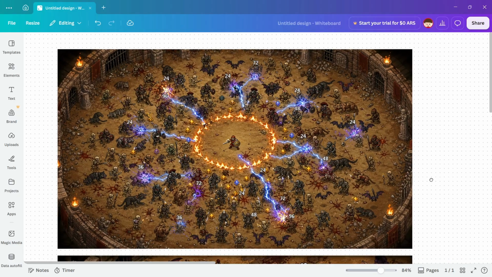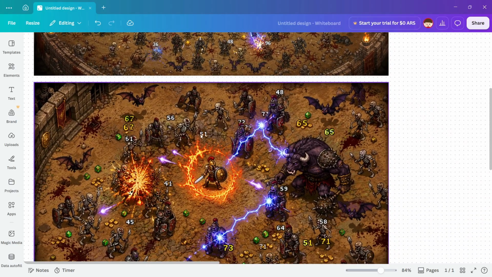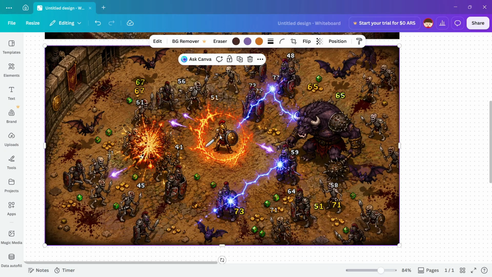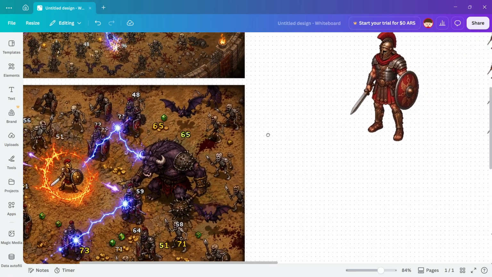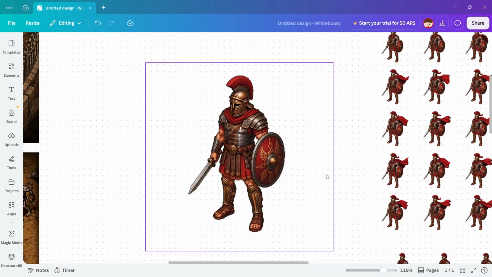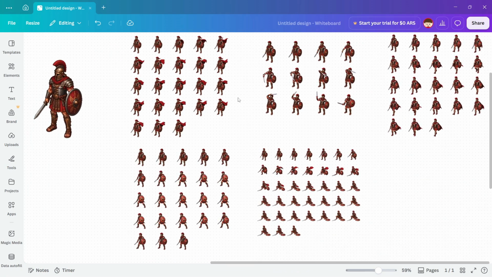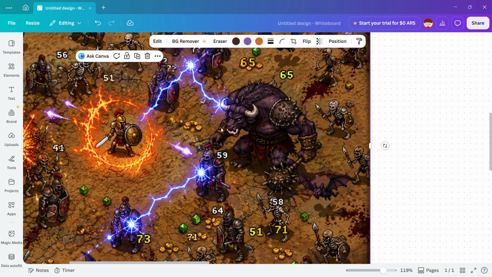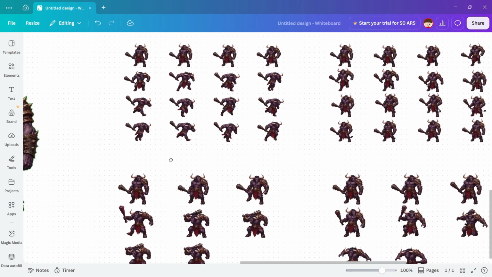Everything started from a simple idea. Here, you can take a look at the concepts that I initially created. So, my idea was to have a gladiator fighting different waves of enemies. Then, from this image, using the Auto Sprite, I created this gladiator and also the sprite sheets with the different animations. I also, for example, really like this kind of enemy, so I also created it and created the different sprite